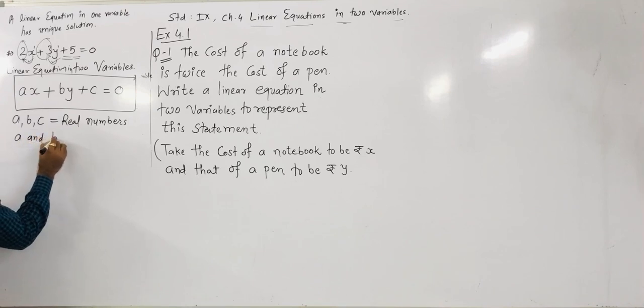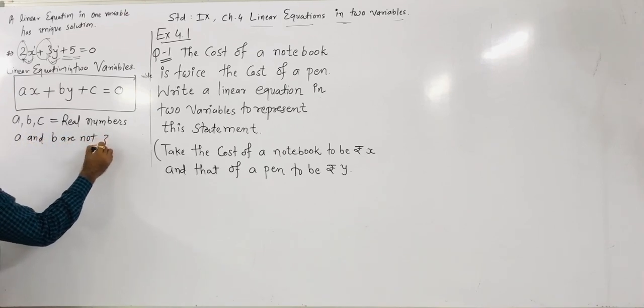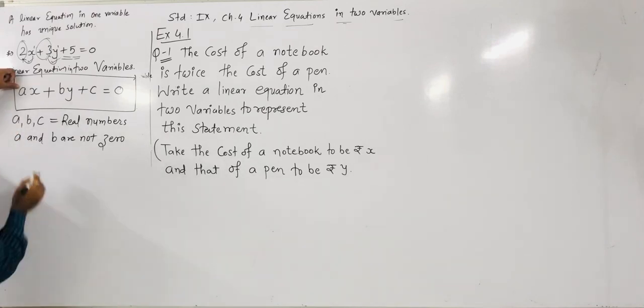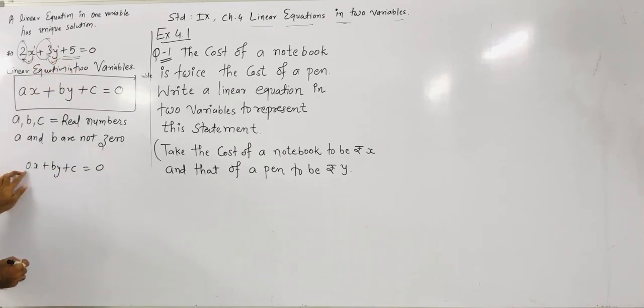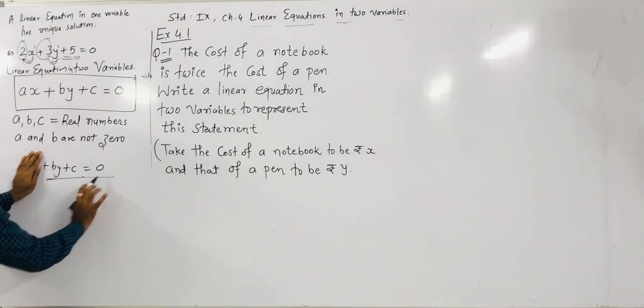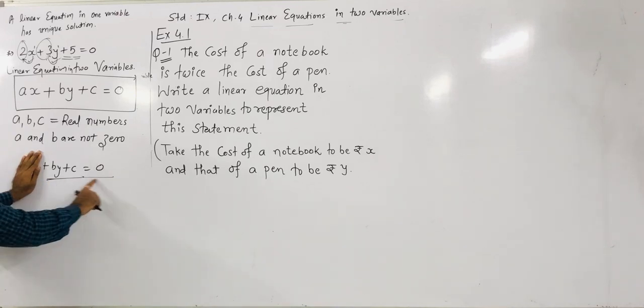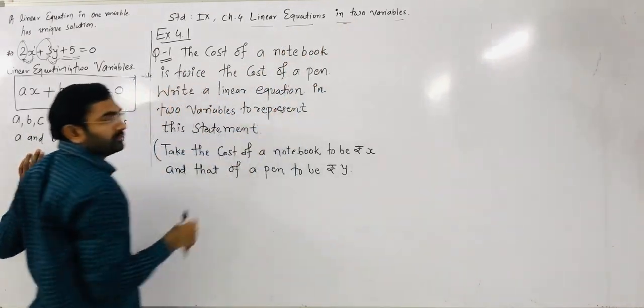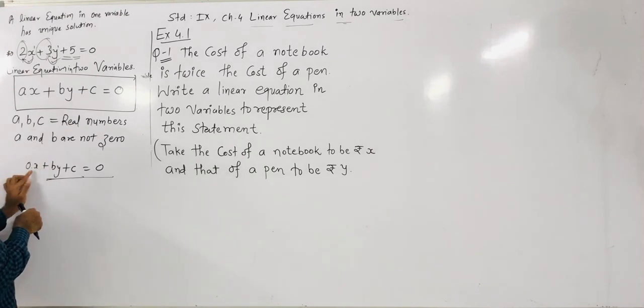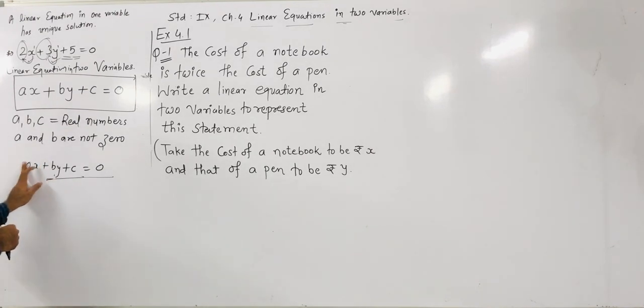A and B are not 0. Why can we not take them as 0? Suppose here you put the 0. So 0 into x, A value, if you take the 0, plus by plus C is equal to 0. So 0 into x means that term becomes a 0. Right? So our new equation is what? Dy plus C is equal to 0. Observing that equation, our variable is only one, which is y. But what do we represent? We represent the linear equation in two variables. Right? So for getting a two variables form, the A value and B value we have to not take